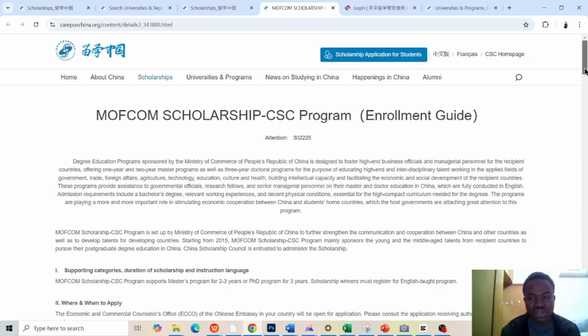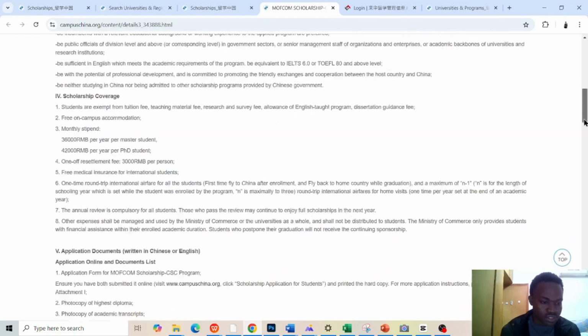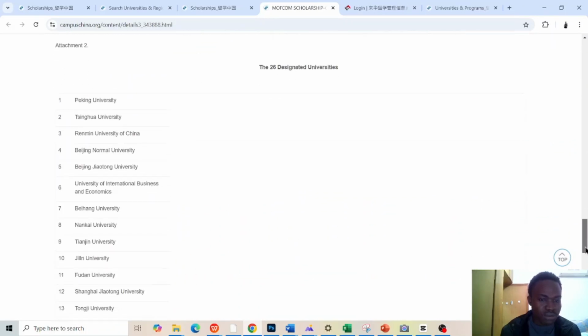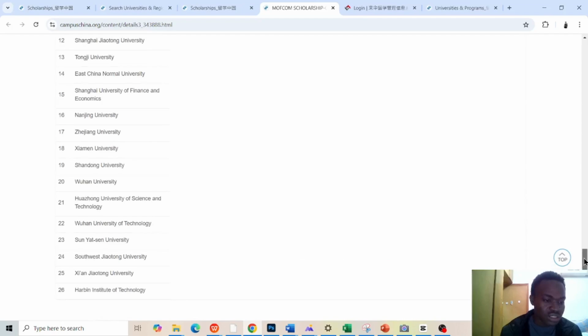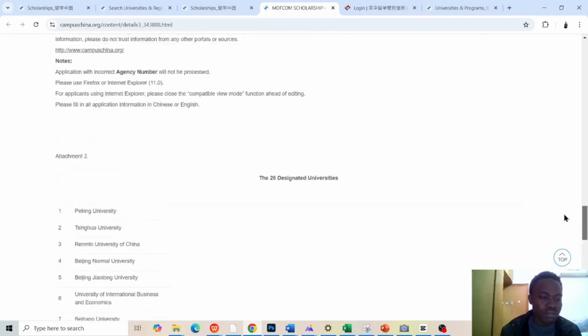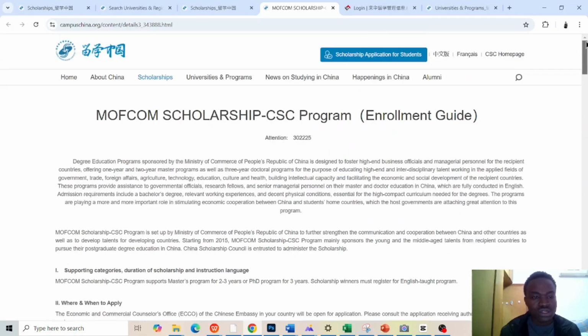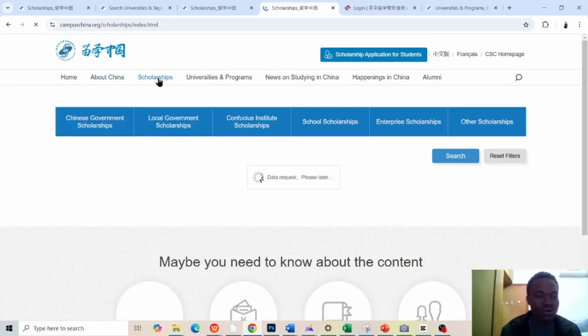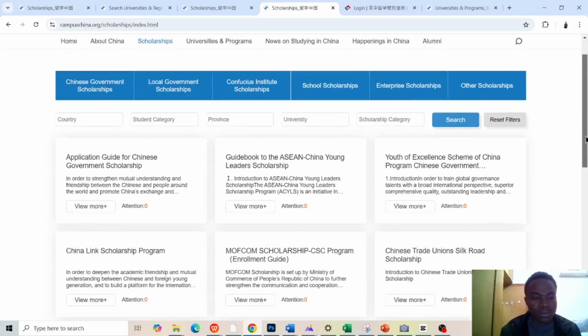This is MOFCOM, one of the prestigious scholarships in China. A lot of details, requirements, and all other information needed for you to apply. For MOFCOM, there are certain universities that take students from MOFCOM. There are 26 designated universities. You can come to this website and see all the universities that are qualified for MOFCOM. So these are the universities that are qualified for MOFCOM application. You see, these are all the information required of you to apply for